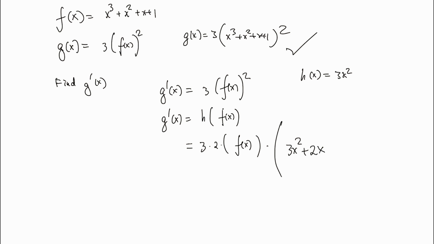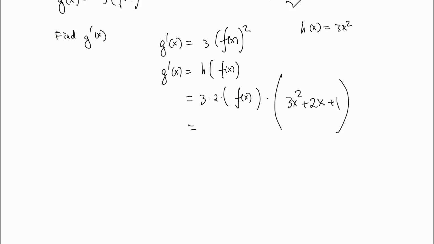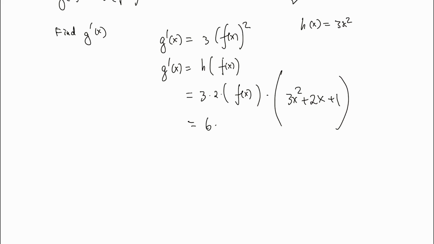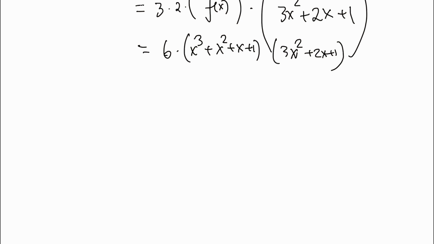plus 2x plus 1. And this is just the normal f of x, so that will be 6 times x cubed plus x squared plus x plus 1 times 3x squared plus 2x plus 1. And you just have to factor it out. Actually, the reverse of factor, so multiply it out. And that would be, so do that, so that will be 3x fifth plus this 2x fourth plus x cubed plus